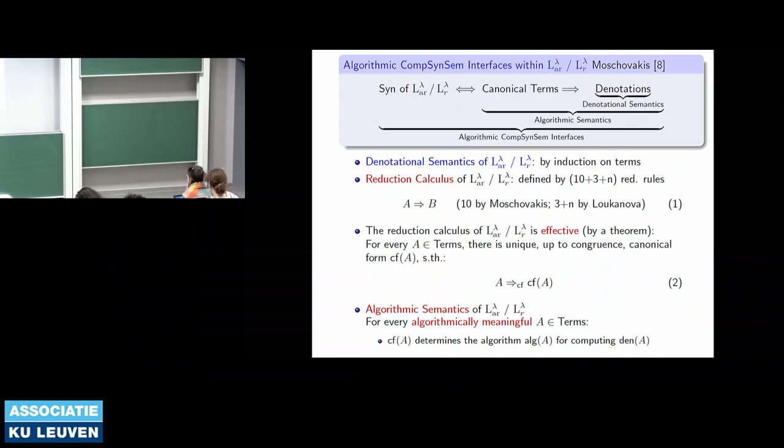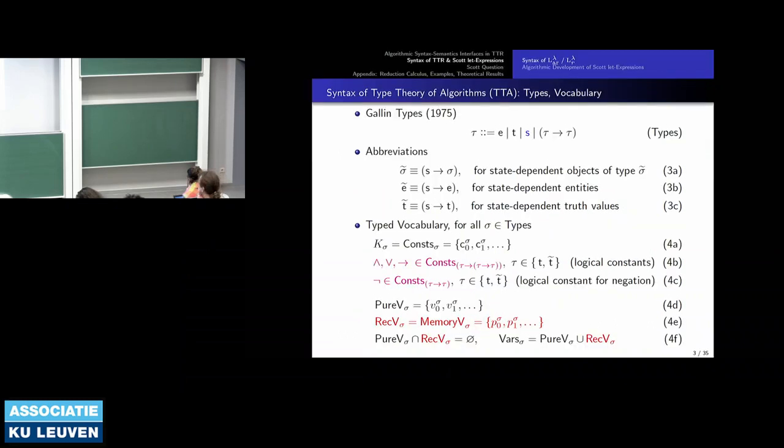So each of these canonical forms comes after you take a meaningful term, because there are some terms that have semantic denotations but do not have algorithmic meanings. I'll show which they are. So it takes each algorithmically meaningful term and reduces it to canonical form. And the canonical form is the iterative program for computing the recursive program. So now I shall start with the syntax.